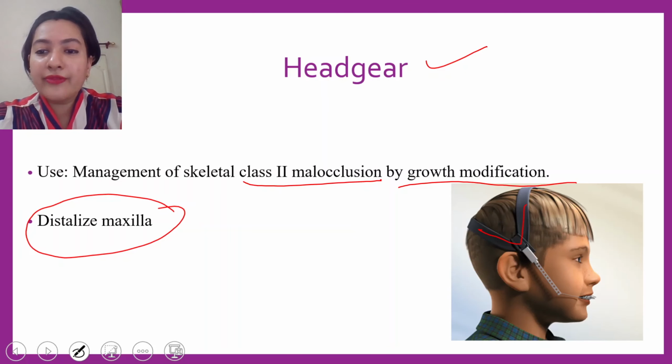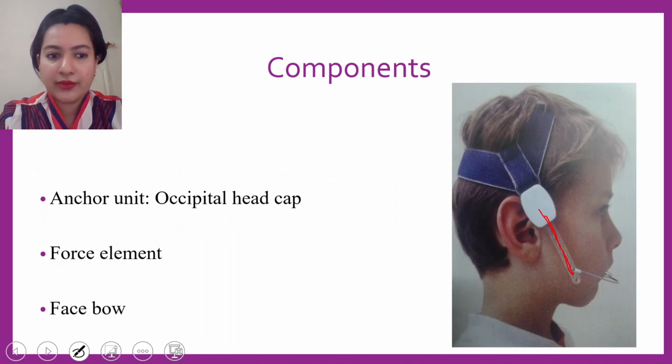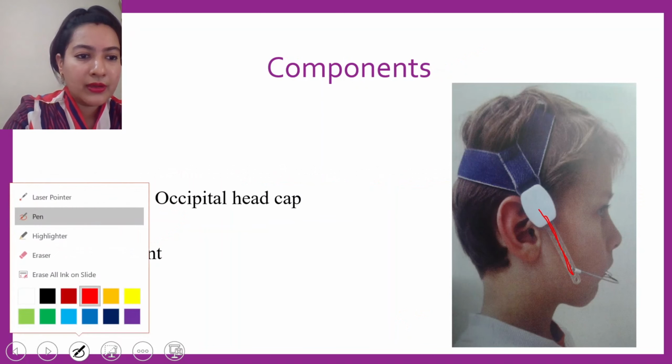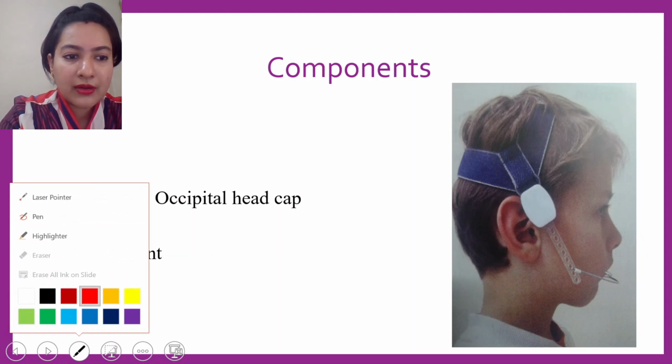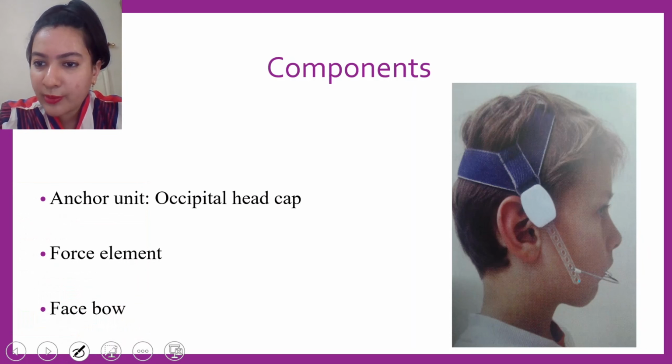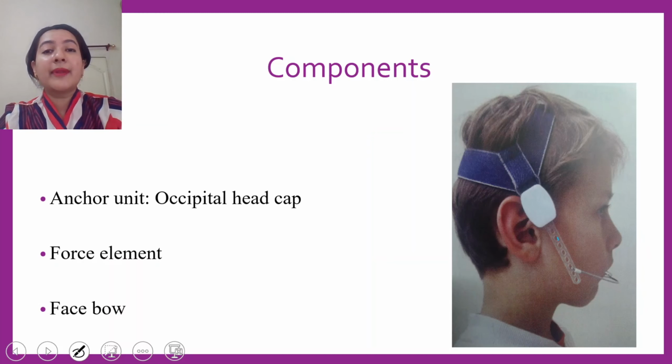How? If the outer bow is attached to the very first hole which is given here, it may deliver, say, 50 grams of force. If I put it into the second hole, I think from this figure it would be more clear. Let me erase this for you. Do you see the holes at different positions? If I insert the outer bow in this hole, it will deliver 50 grams of force. If I put the outer bow at this particular location, it might apply 400 grams of force. And how does this happen?